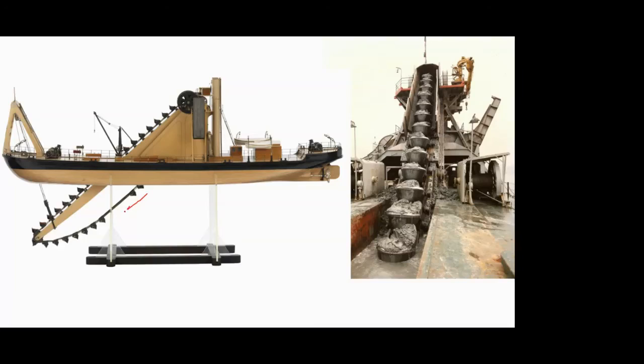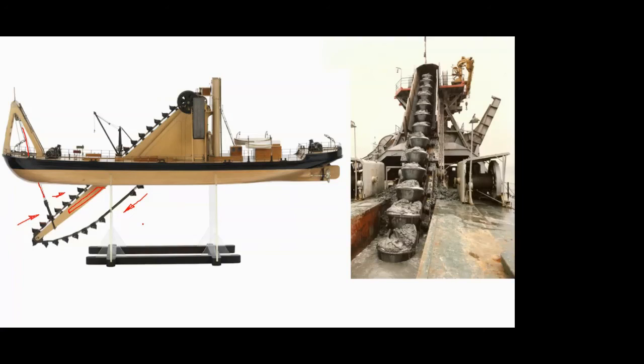So here also you can see the empty bucket is going in this direction and the filled ones are coming up in this direction. Okay, and this framework which is holding the conveyor and the buckets is supported using these hydraulic jacks which are attached over here. Okay, so these are the hydraulic jacks, or it may also have a rope assembly.